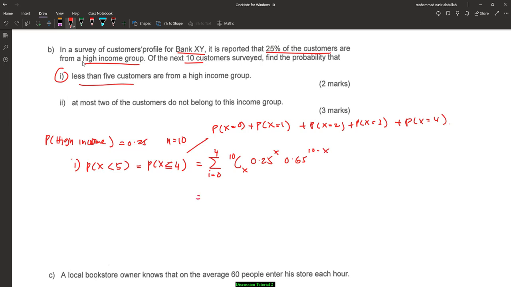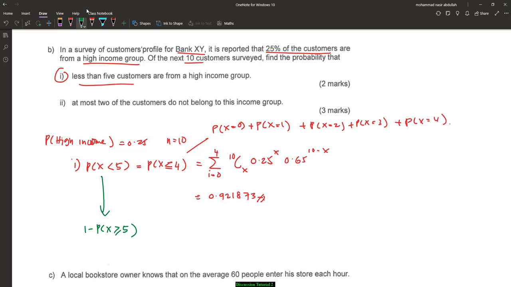So you input into the calculator, the same concept I showed earlier, and it should be 0.921873, right? If you want to confirm it using the statistical table, this one should be 1 minus probability of x more than or equal to 5,